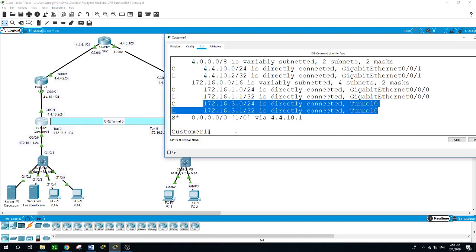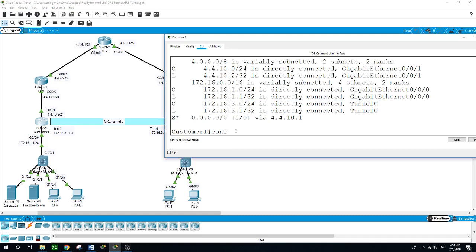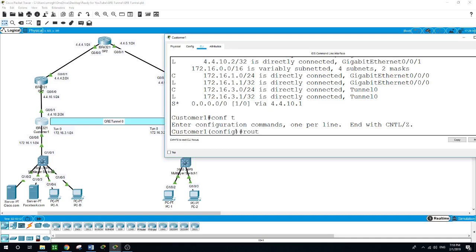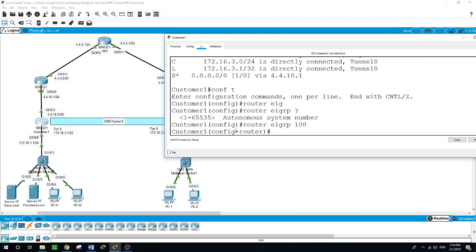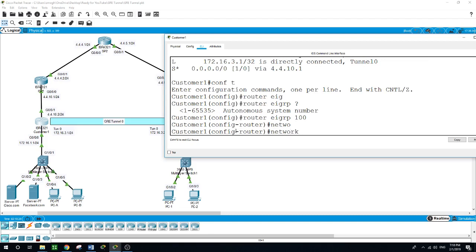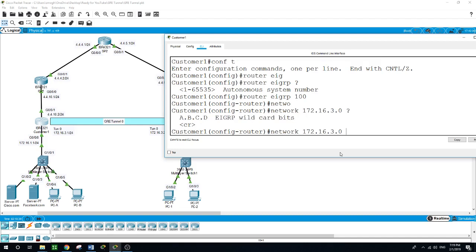Go to router 1, configure terminal, router EIGRP, with autonomous system 100, network. We will take first the tunnel network of 172.16.3.0, and now it wants the wildcard,